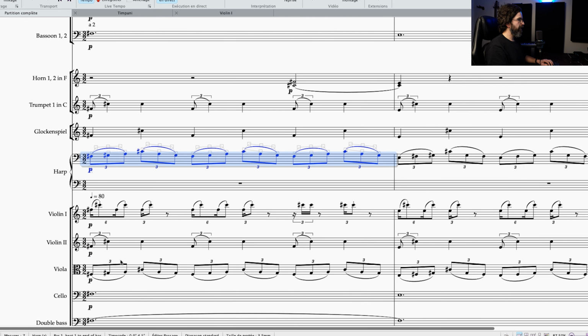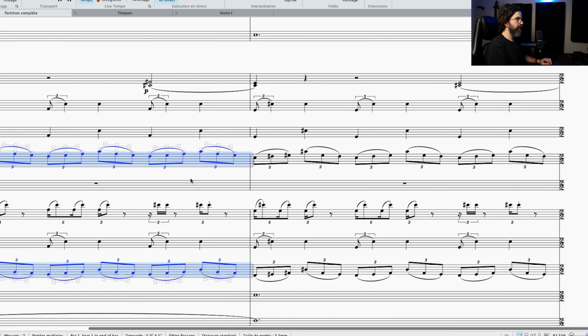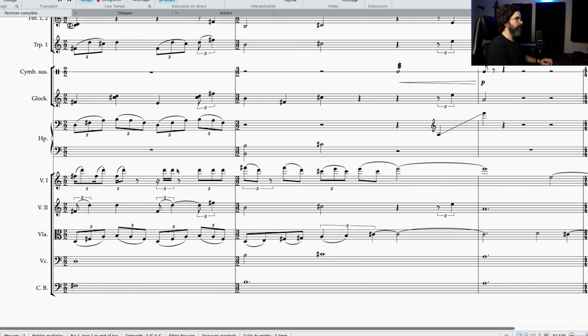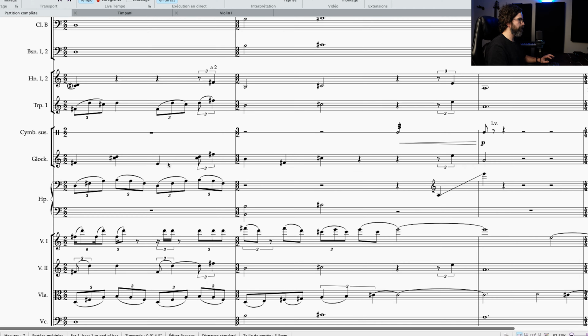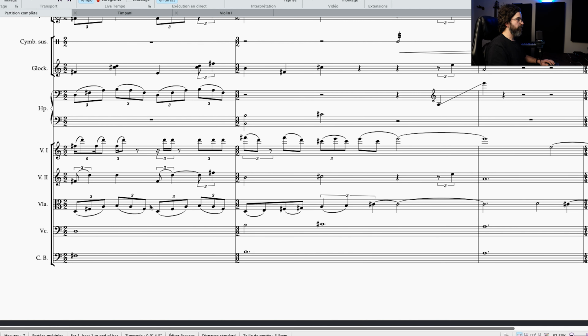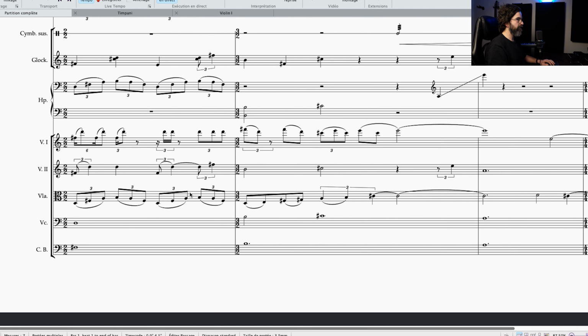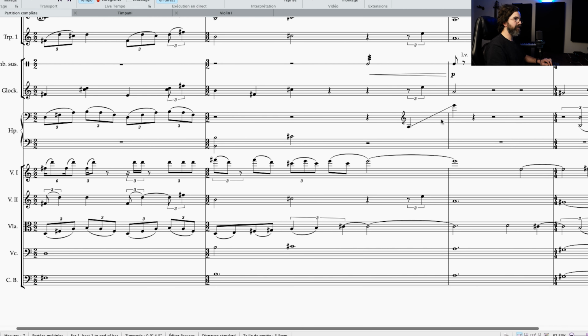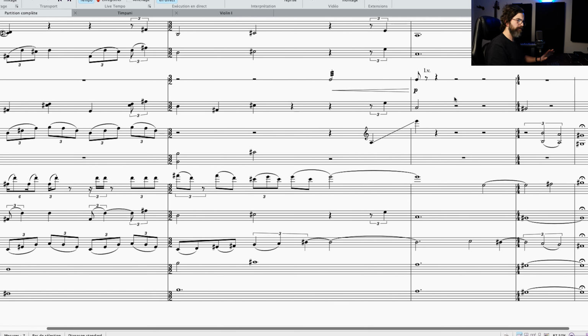Now the harp is playing what the viola is playing. It's common to have in this kind of music doubling, so to reinforce certain parts. So the harp is playing the same as the viola up until almost the end. They're just doing a glissando here. I love glissandos. I love cymbal rolls. I got one here just for the end, just once.